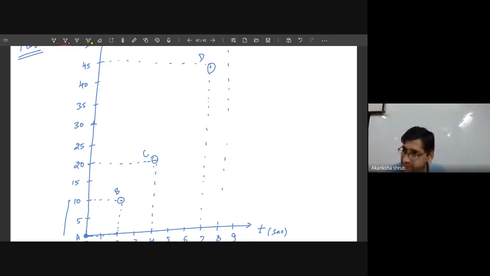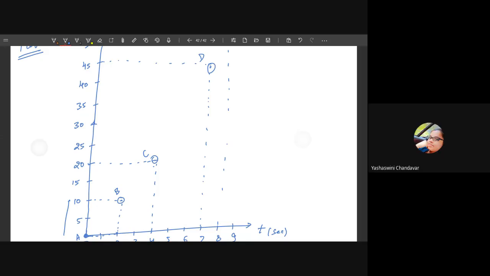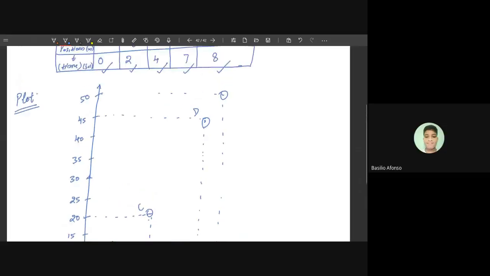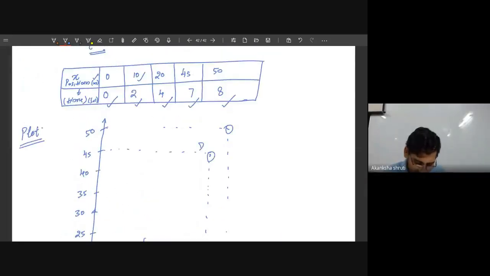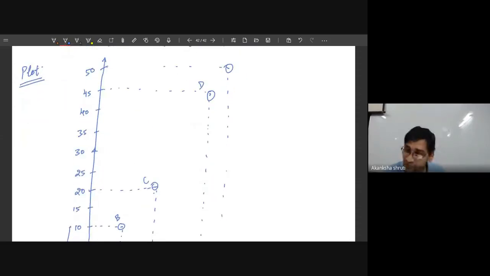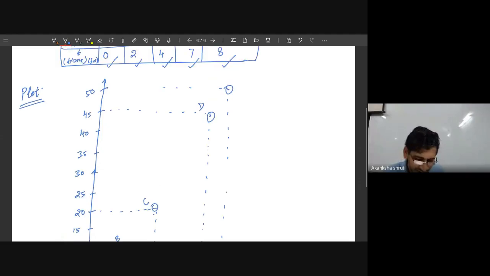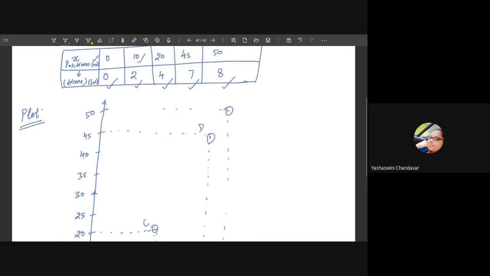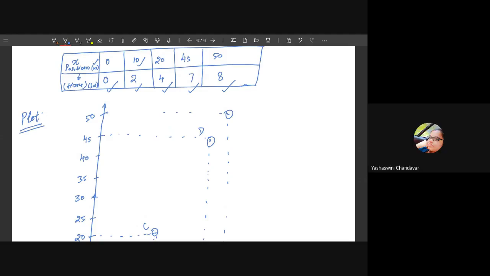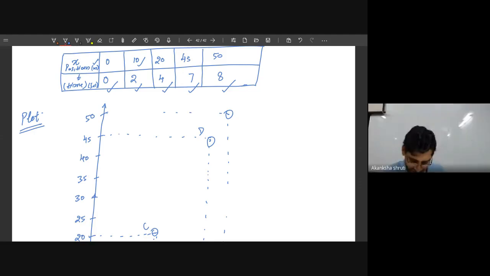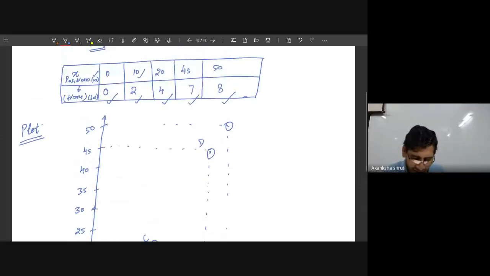Pardon? It is not a straight line. Yes, sir, in this case it is not a straight line. Okay, even in this case it is not a straight line. Whether you have plotted it on your scale or not? Yes, plotted on scale, on graph paper. Yes, sir. Okay, still it is not coming as a straight line. No, sir. Good. So students, here even we are observing that it will not be a straight line.